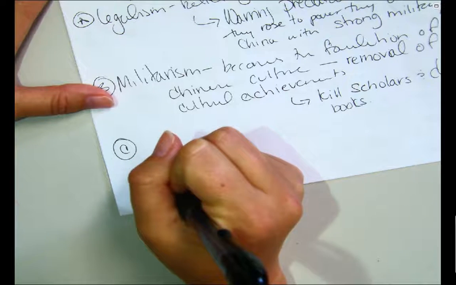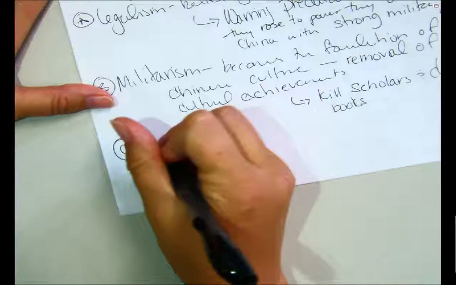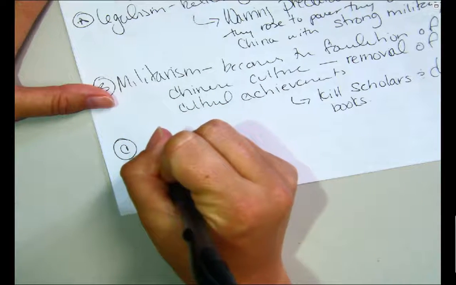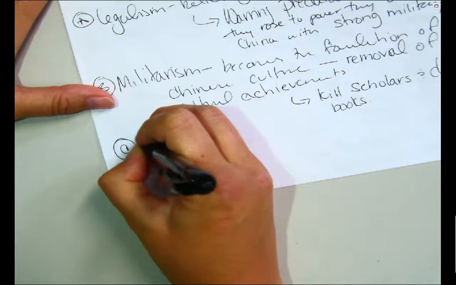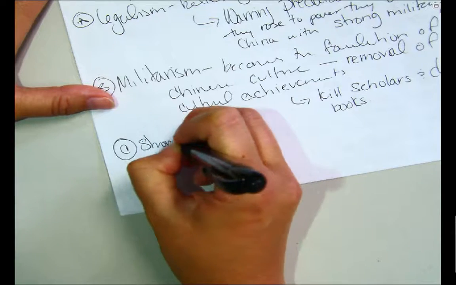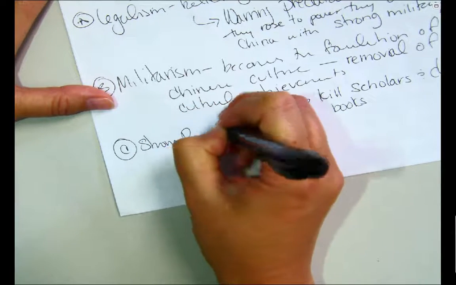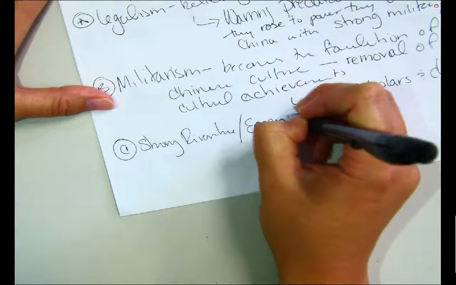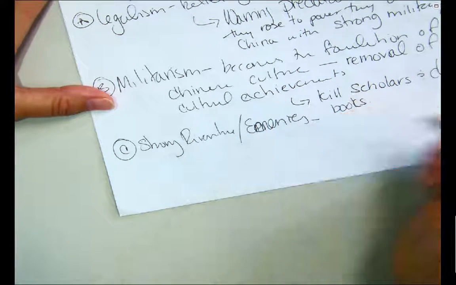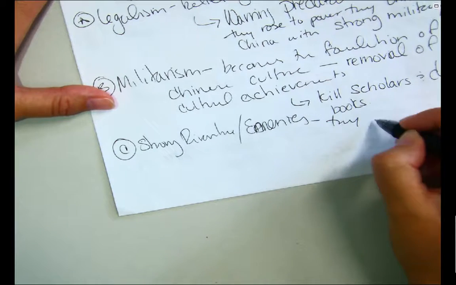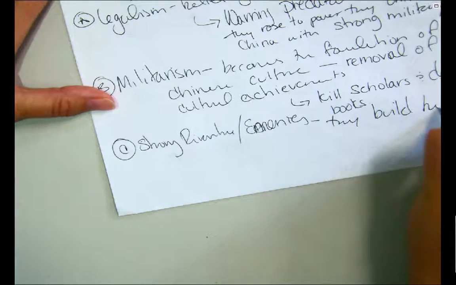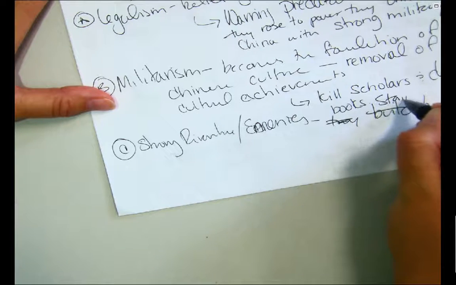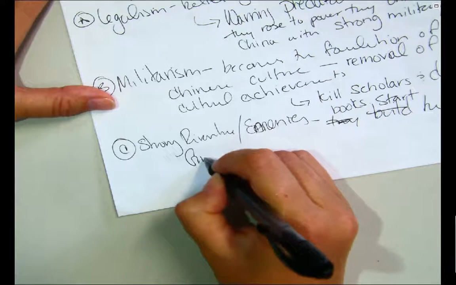They're building the Great Wall. That is a bomb answer, for sure. So what does that tell you? They need protection, since they have strong rivalries, strong rivalries or enemies. That's a bomb answer. Okay, they build the Great Wall. I'm going to say start. They start. They don't build it all. They start the Great Wall of China